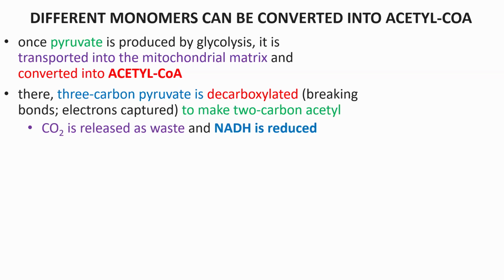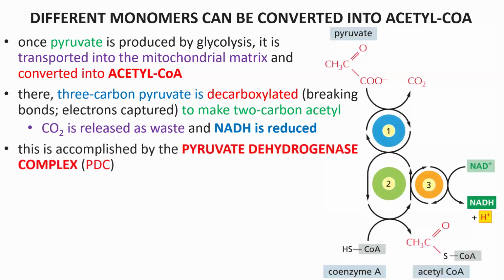So this is one of the carbons from glucose that's being released as carbon dioxide. And I want to again emphasize that 2 carbon dioxides are being released here per glucose. Because if we've metabolized glucose, we've made 2 pyruvates, we've used those 2 pyruvates to make 2 acetyls, which means we did 2 decarboxylations. So 2 of glucose's carbons are lost here as we do these reactions in parallel. And to release that carbon dioxide, we broke some bonds. That means we had the opportunity to steal some electrons, and steal electrons we did. We made NADH along the way as well.